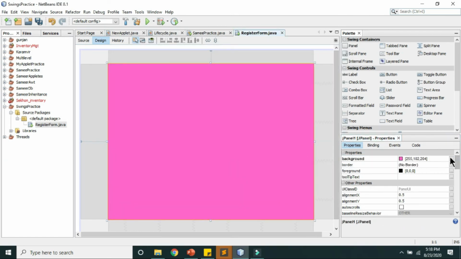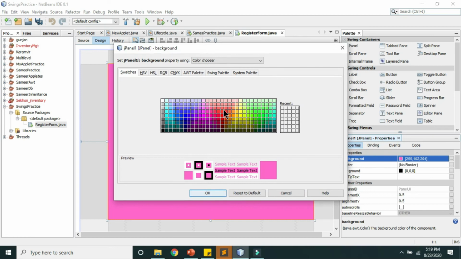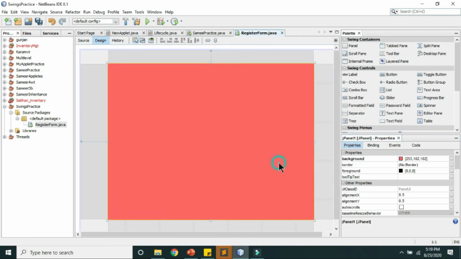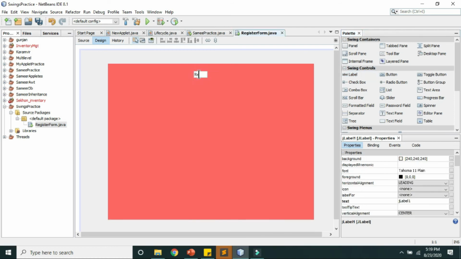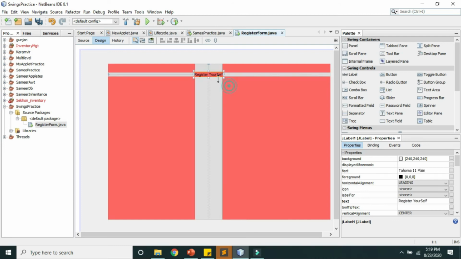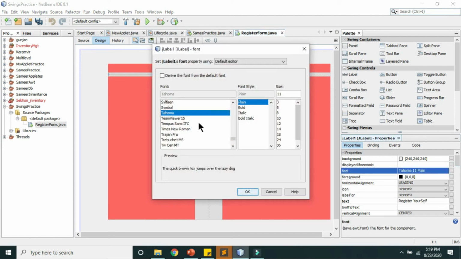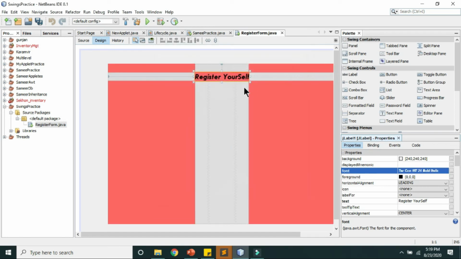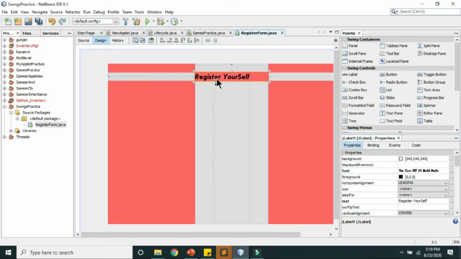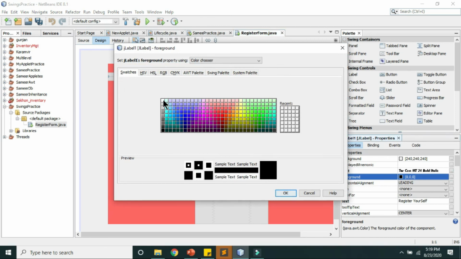I can change its color as well if I want to. Okay, I'll pick some orange color. Okay, then you can place the controls. Just drag and drop there. Double click on them. Okay, then to set the size, go here, choose this font option. Okay, pick the design you want to show, bold and italic, increase the size. Okay, you can do more. Okay, so to change the text color, you can use this foreground property,